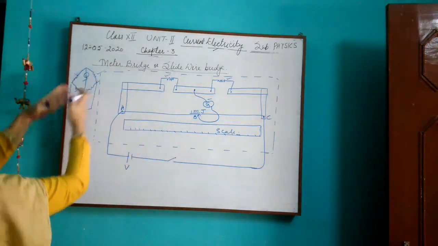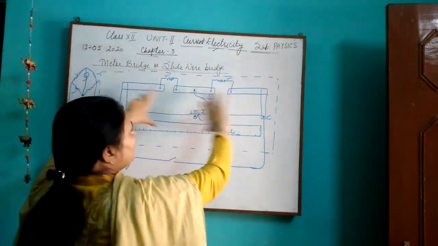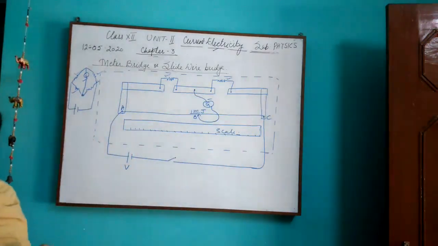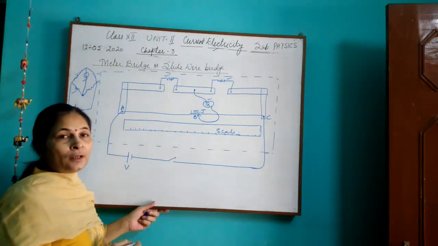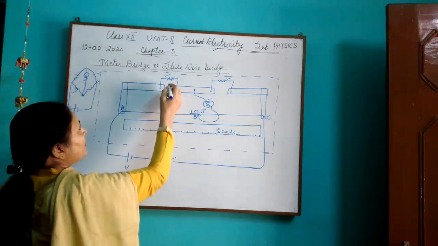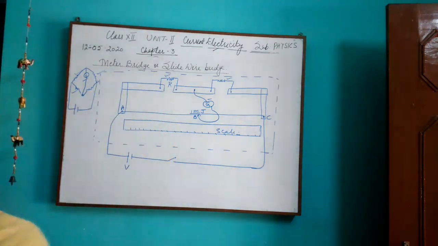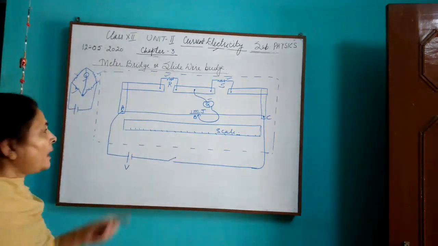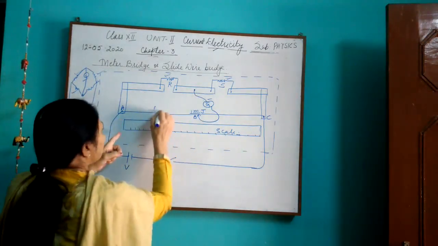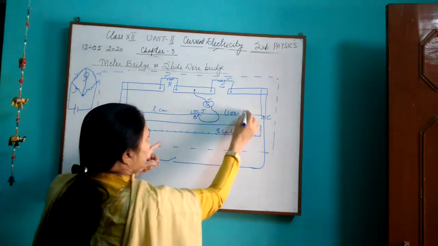Now it was made in this form, and now this is made in rectangular form. This is the only difference. Now we have to find out an unknown resistance. If I take it as say R, we can take it from the NCERT book only. They have taken it as R and S. And if I say this length is say L centimeter, then this will be 100 minus L centimeter. We are taking it in centimeters.